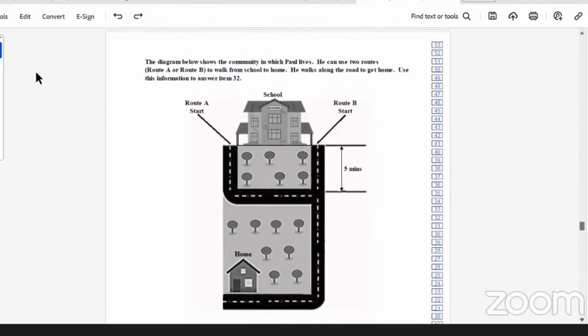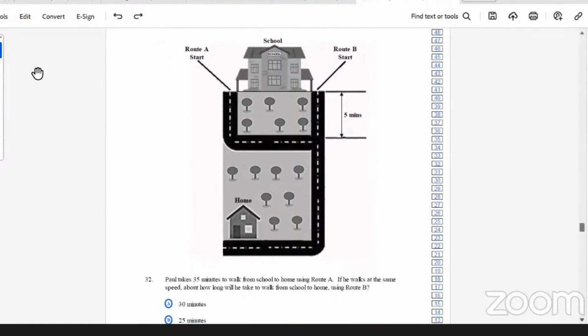Okay, so it walks along the road to get home. Use the information to answer item 32. So Paul takes 35 minutes to walk from school to home using route A. If he walks at the same speed, about how long would it take to walk from school to home using route B? So if route A would be here,